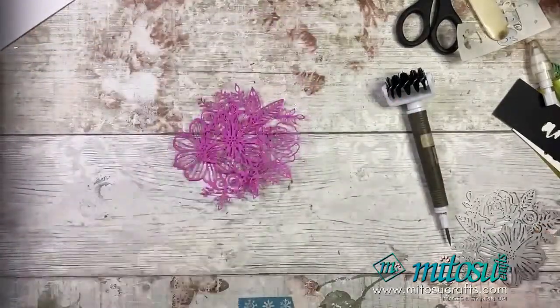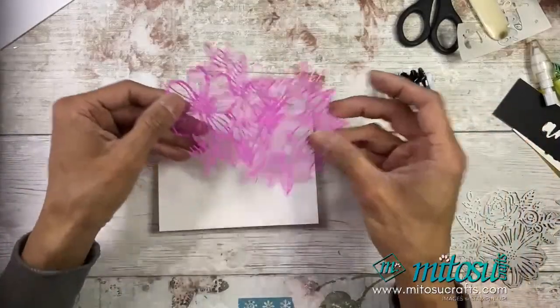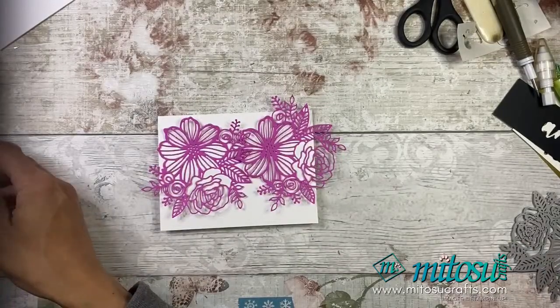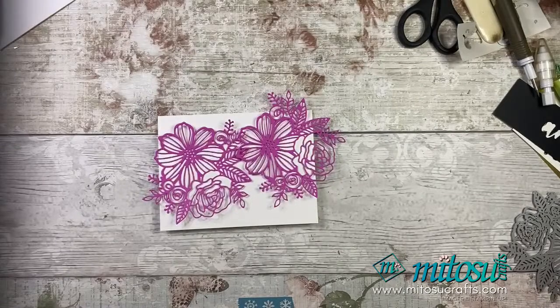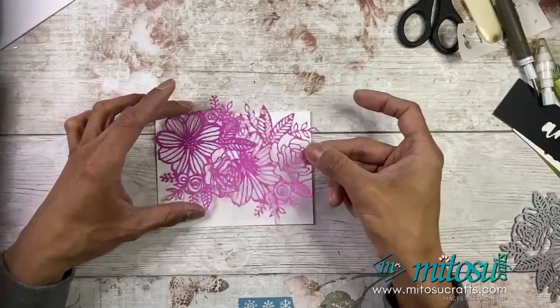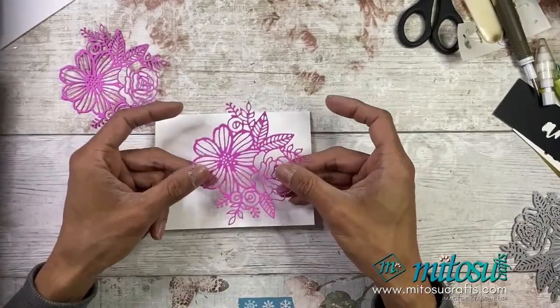Right, so we have that. So the second card is really simple. I do have some pre-cut dies as well, or die cuts. One of the techniques that I wanted to share with you is if you want to add height to delicate die cuts, you can add